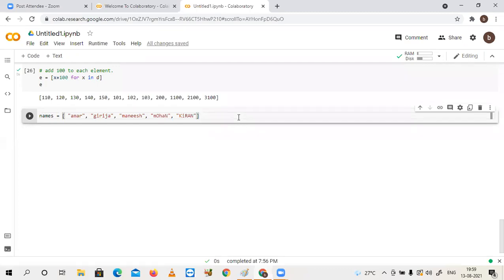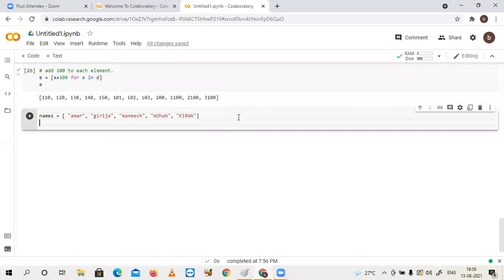So what I am expecting is a transformation. I want to transform all the names. Only the first character should be upper, and all the remaining should be lower.